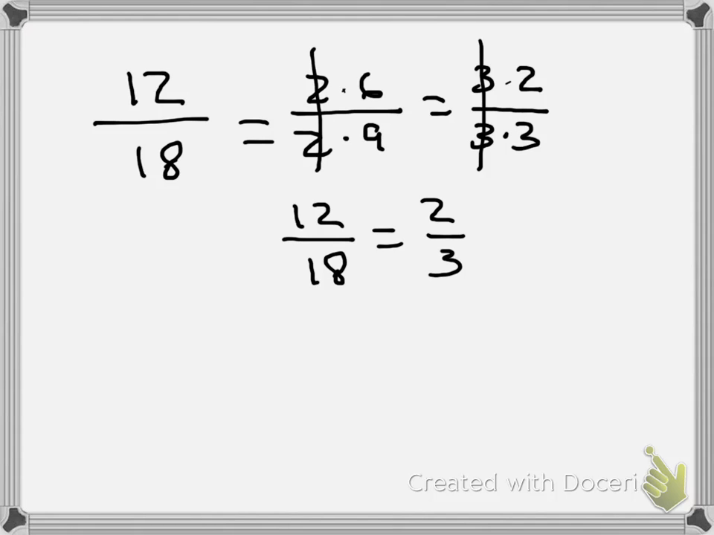Now, those of you that know your math facts well, and if you had 12 over 18, and you know right away by looking at them, because you know your math facts and your multiples, that they both have 6 in common. Well, you could write 12 is the same thing as 6 times 2. 18 is the same thing as 6 times